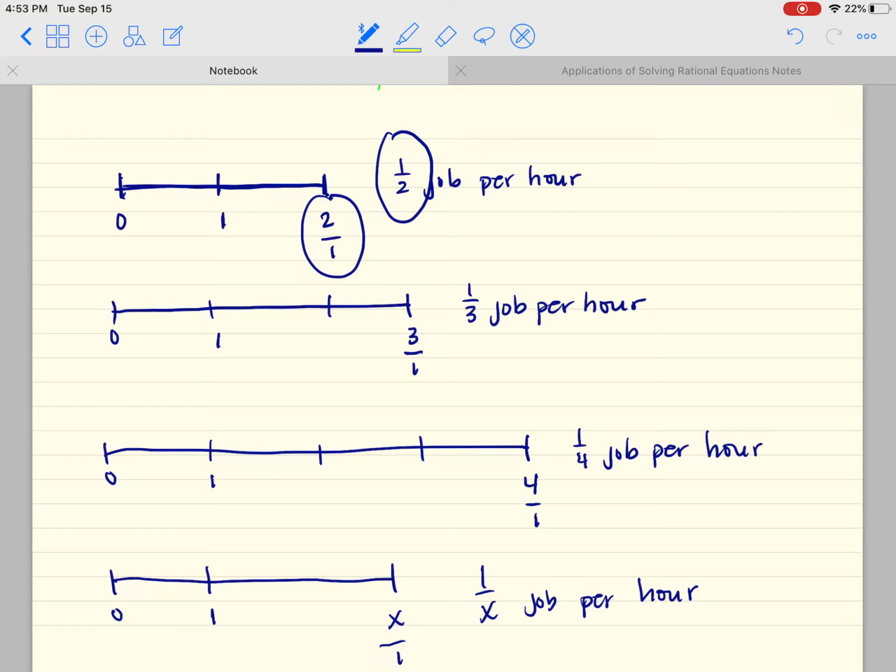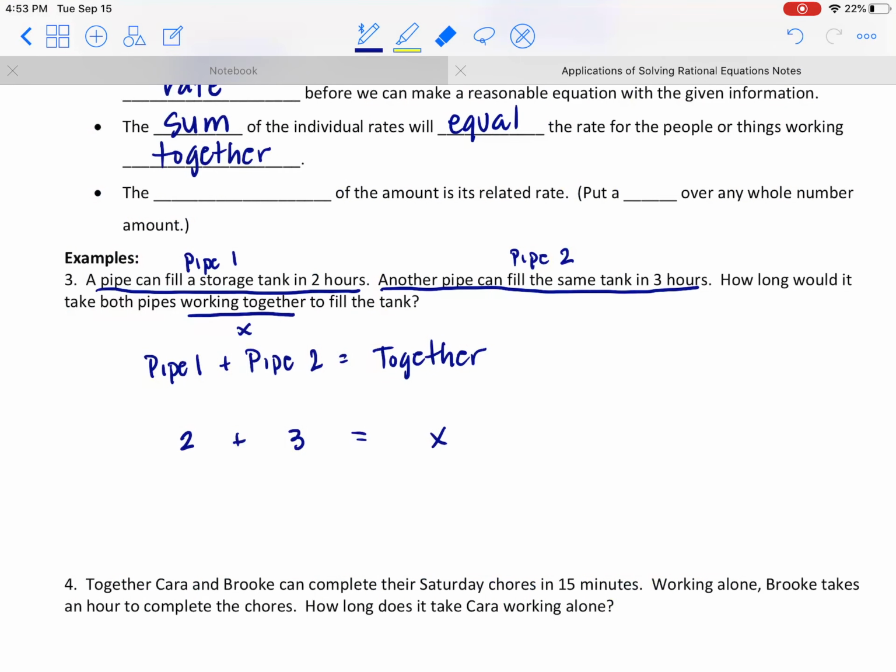We're finding the reciprocal of that amount. The reciprocal of the amount is the related rate. If I flip 3 over 1, I get 1 over 3. Flip 4 over 1, I get 1 over 4. Flip x over 1, I get 1 over x. And it'd be similar if I had a fractional amount. So if it took 2/3 of an hour to do the job, then it would be 3/2 of jobs per hour. Okay? So back here, the reciprocal